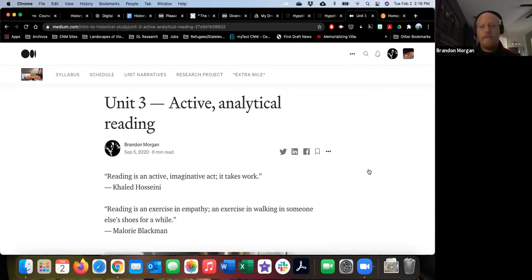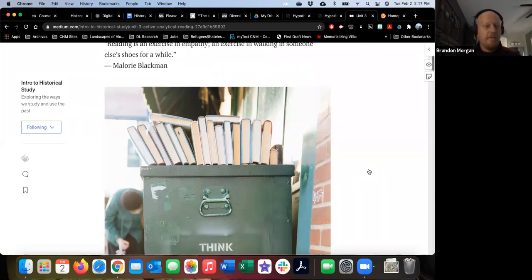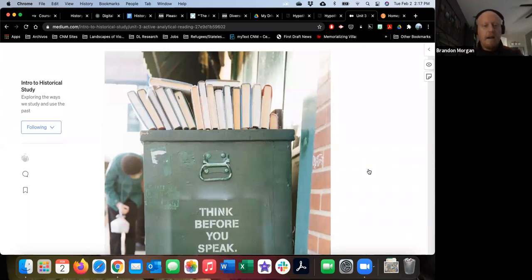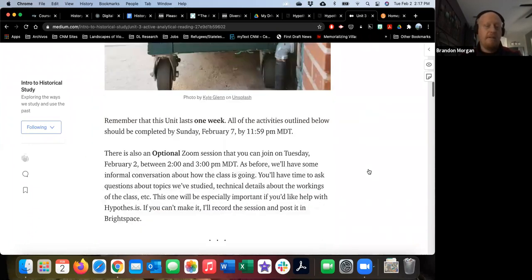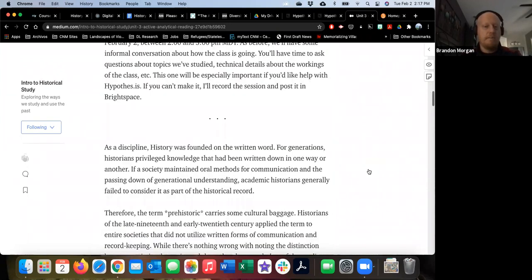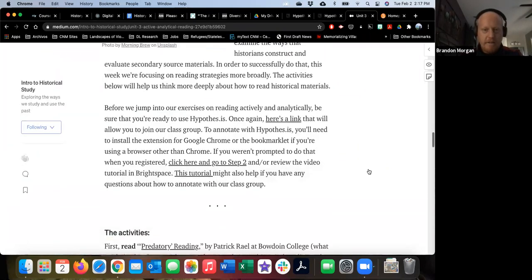last fall when we had the class on Blackboard, I couldn't find a good way to share PDF articles with everyone to annotate together. And so I put them inside Blackboard and then you would download them and open them in your browser. I thought the same thing would have to be the case with Brightspace, but I found another trick, another platform that we can use so that we don't have to do all these extra steps. So it'll be just like what I showed you just now for the historical thinking article, the same for the PDFs. You'll just click the link, they'll open and you'll be able to read them and annotate them. So scrolling down again, many apologies.